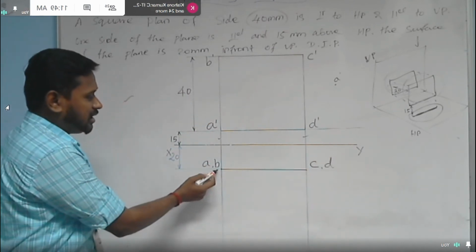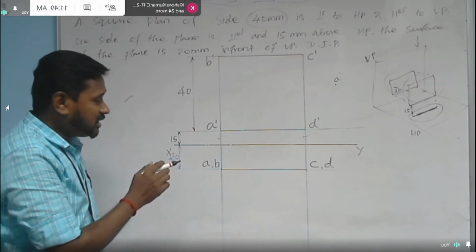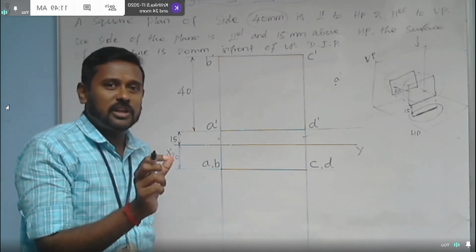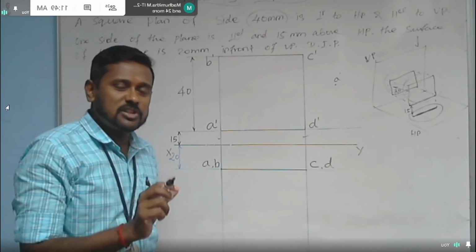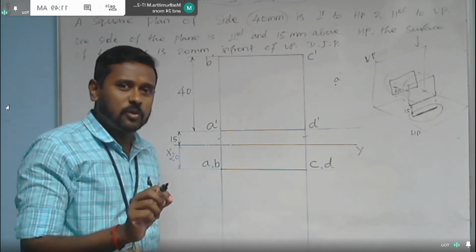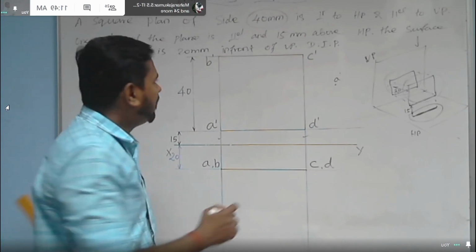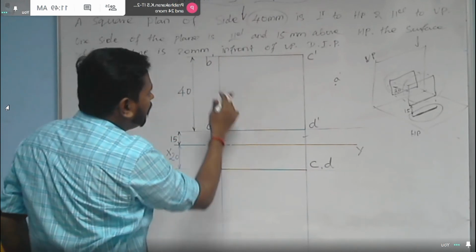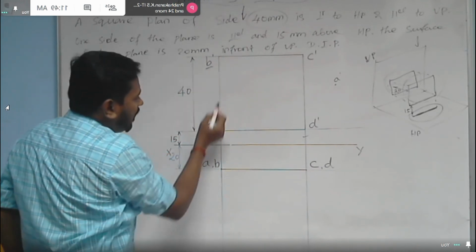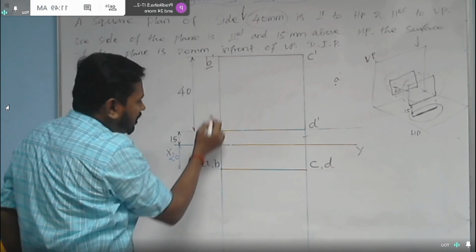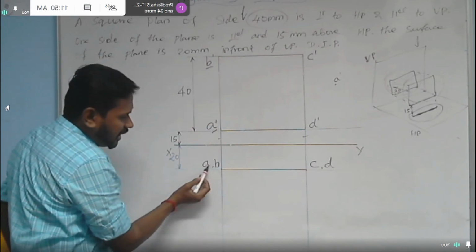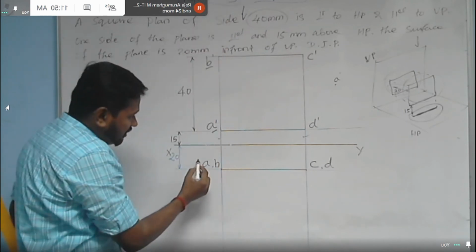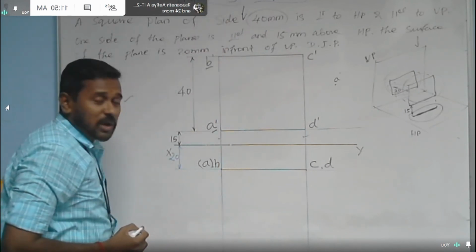So A, B is here. In this kind of situation, we need to put one alphabet inside the bracket. Whichever is invisible to your eyes in that particular view should go inside the bracket. Now I am proceeding with the top view. I am seeing the object from the top. So first I can see B, and then A is beneath B. So among A and B, which one is invisible when we are seeing it from the top? A. So you need to put a bracket around A.